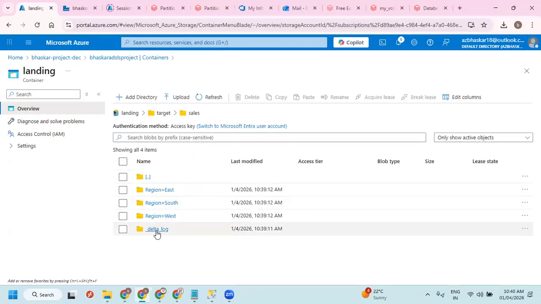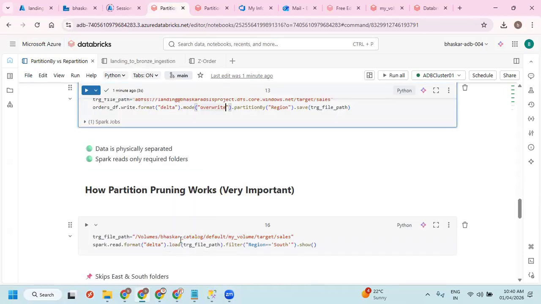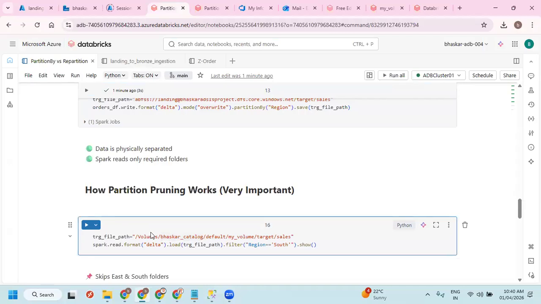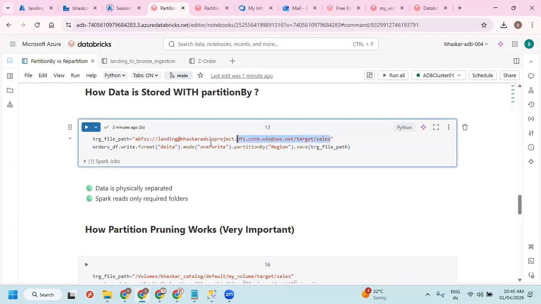Okay. So when I say where filter, whatever the filter that we applied previously, the same thing I'm going to do here. I'm going to read the data from there. Let me take this path.